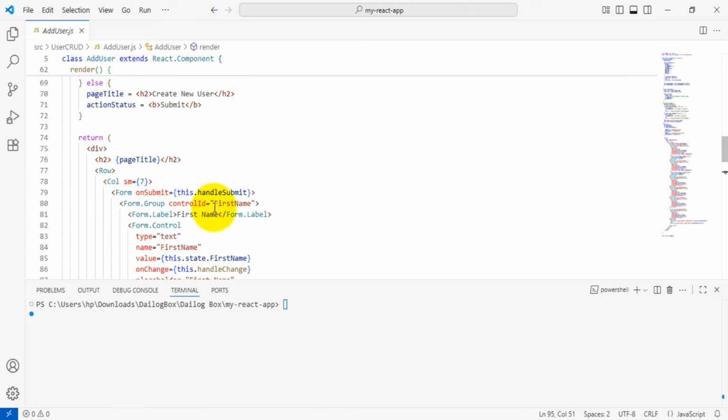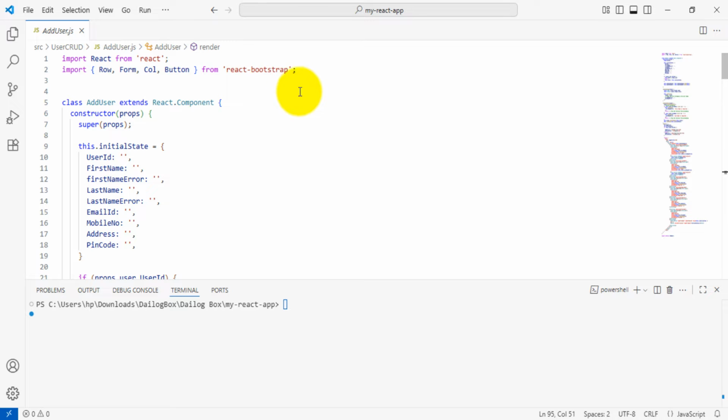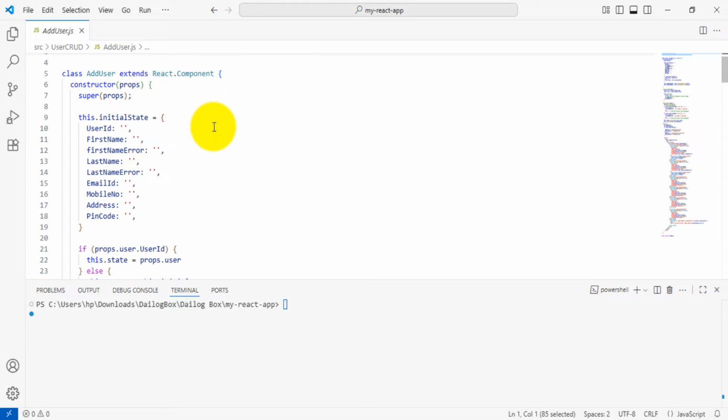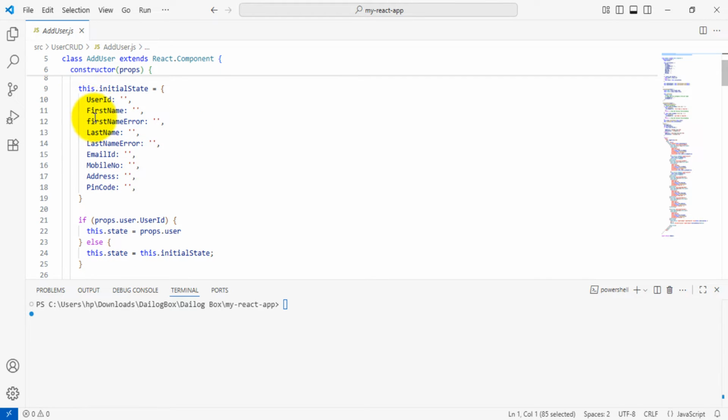So I'll discuss this code as well. First of all, I import the necessary libraries. This AddUser class extends from React.Component, and these are the fields I'm using here: user ID, first name error, which is for the empty field validation, last name error for last name empty field validation, mail ID, mobile number, address, pin code. As of now, I'm just implementing the empty field validation for first name and last name,